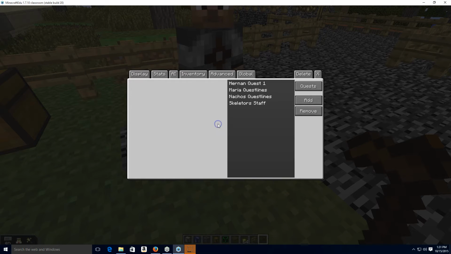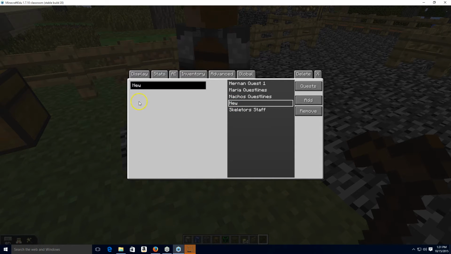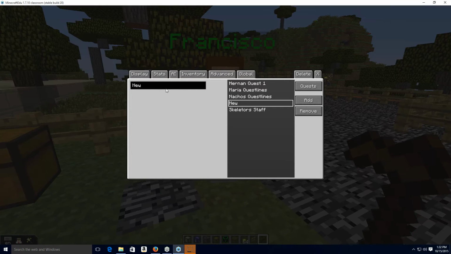Okay, so I'm going to click Quests, and I've already created some quests here for my different NPCs. You will not have any of these. You'll just have to click Add here. So I'm going to click Add, and this word New should appear. So I'm just going to click on the word New, and I'm going to change it here. As you see, I've changed a bunch of my quests to call them quest lines. So I'm going to do the same thing here. I'm going to call it